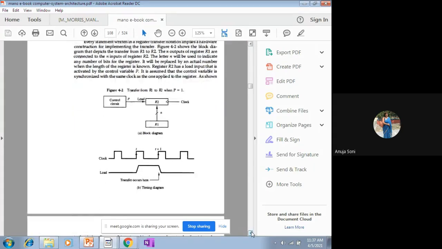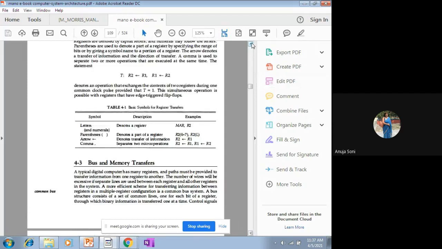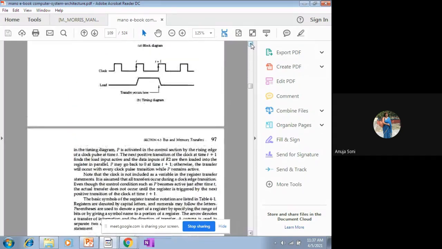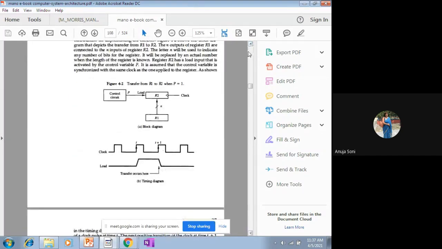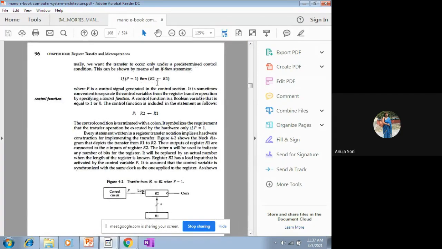Now based on this topic, let me come to the back exercise. Prior to that, you can go through this table. This kind of a register transfer generally takes place. In the first example, only one register transfer was taking place, like here in this case, we have done with this kind of example. The data was transferred from register R1 to R2.